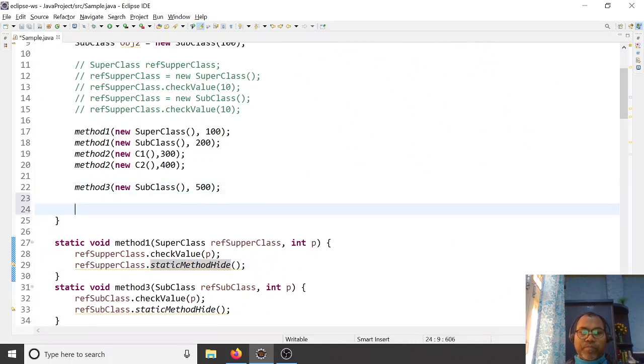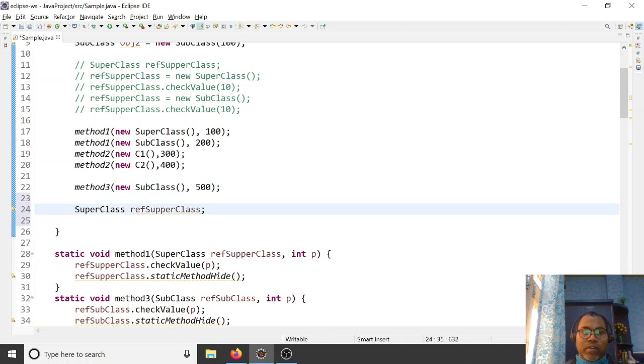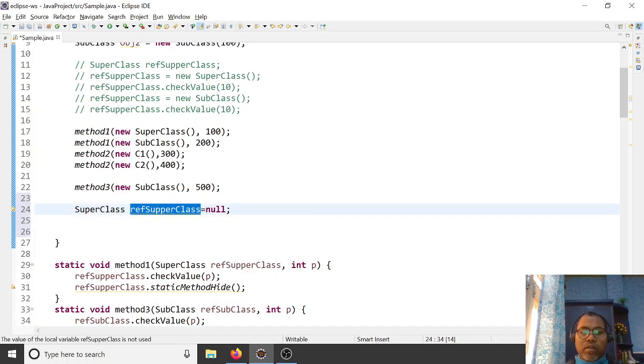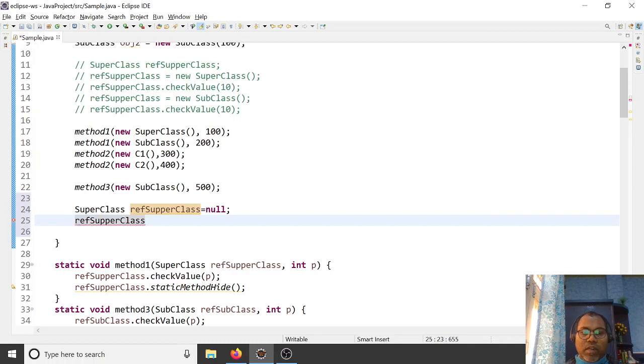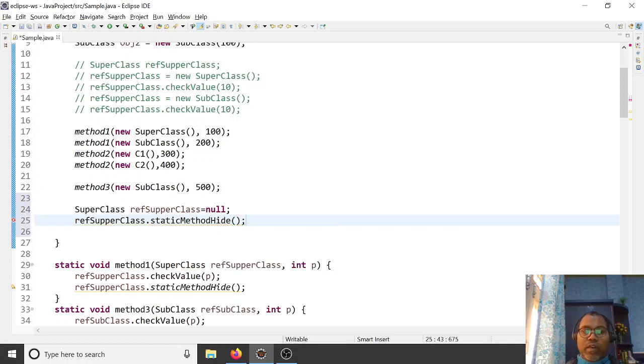Sometimes, let's say here, if you write a static reference, you are defining it as null. In general, someone may ask whether you can invoke a static method this way. Yes, this is a very weird example.